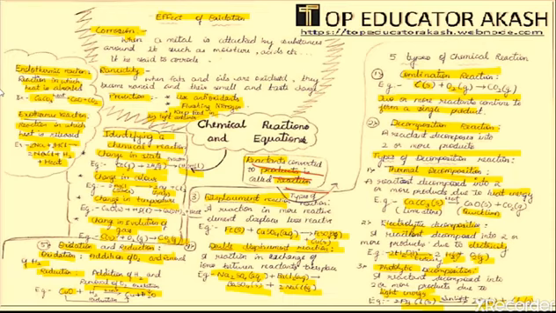Now another reaction is photolytic decomposition. It is a reaction in which a single component breaks down into two or more products due to light energy. Example: you have observed this example before, that is AgCl. When it is brought under sunlight, then Ag plus Cl2 is formed. Another example is AgBr. When it is brought under sunlight, then Ag plus Br2 is formed.